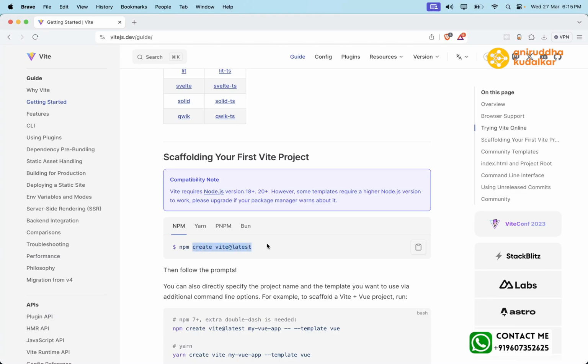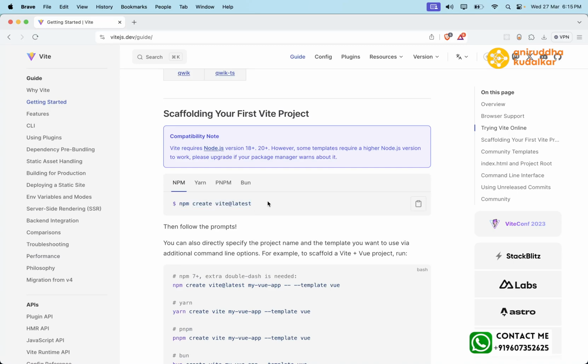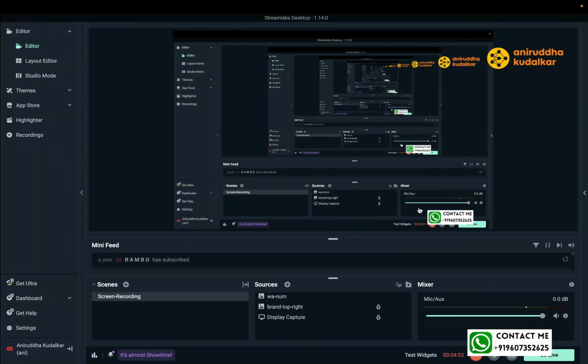Can you see here, scaffolding your first Vite project: npm create vite@latest. Just copy this command